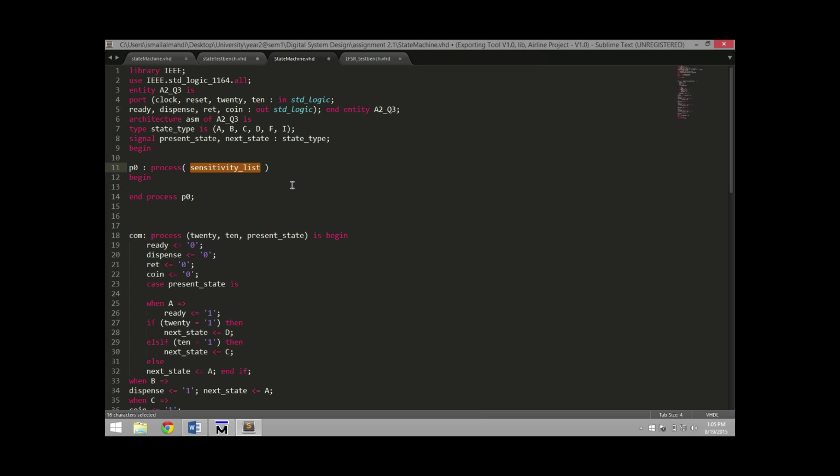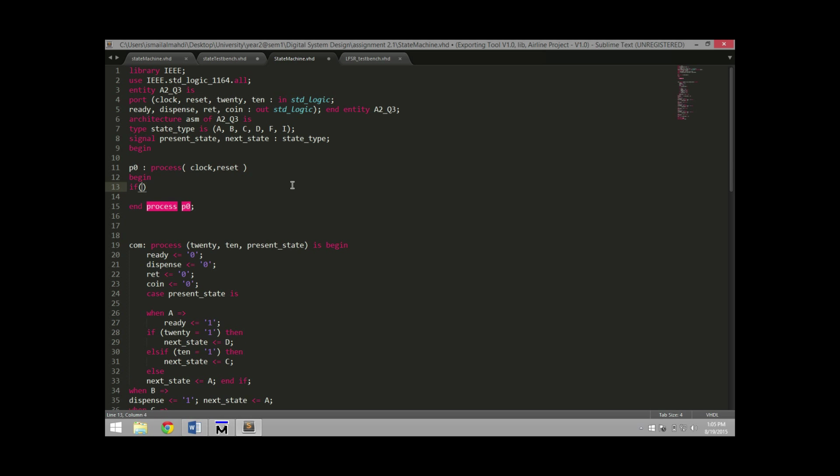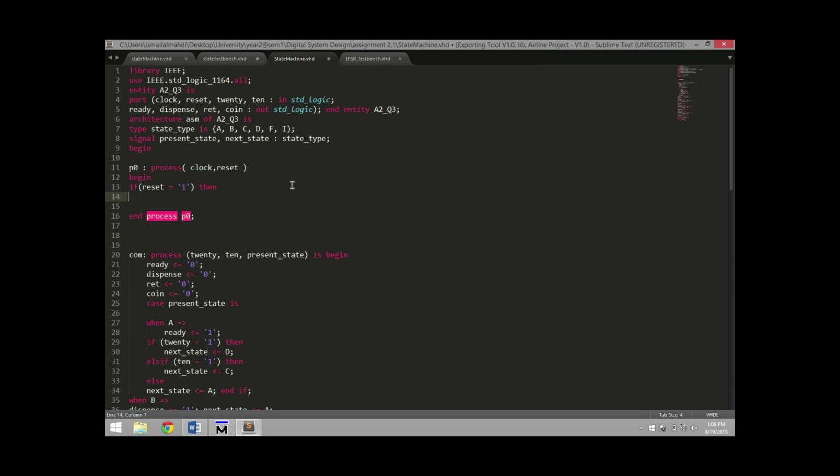Okay, sensitivity list. What we need for the sensitivity list is the clock, and also the reset, because the reset is asynchronous. Now let's go ahead and do the if statement. The first priority is the reset, so if the reset is equal to 1, then go ahead and make the present state assigned to A. Now else if